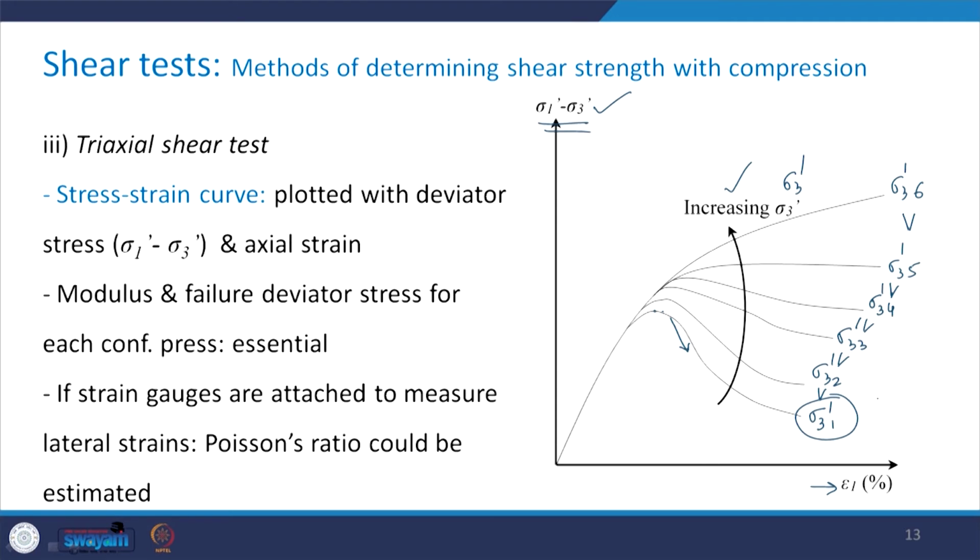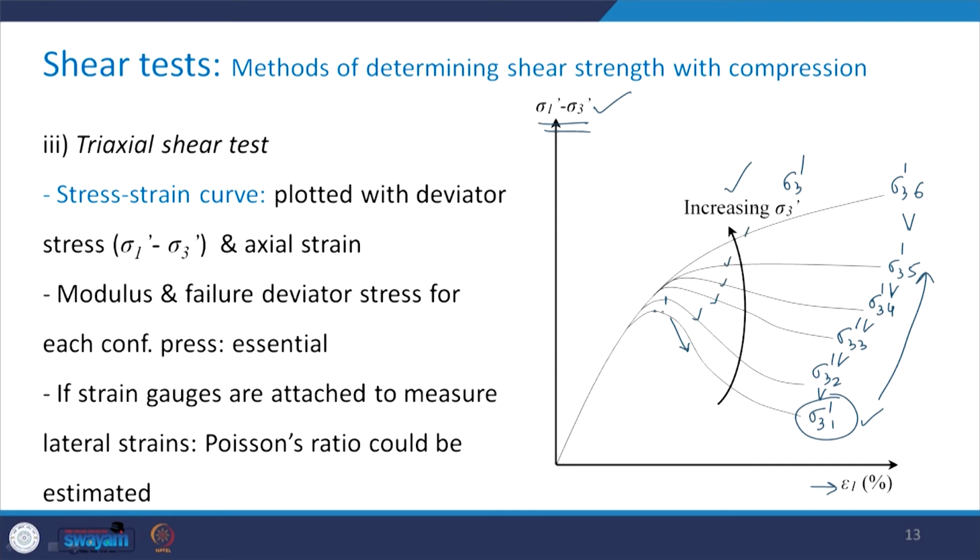Then as the value of sigma 3 increases, what happens? You see that post peak, there is a reduction in the slope of this drop. When sigma 3 is smaller, that drop was sharper as compared to this